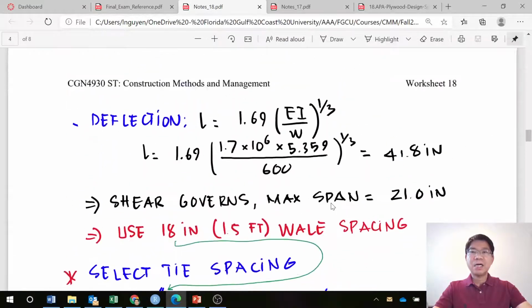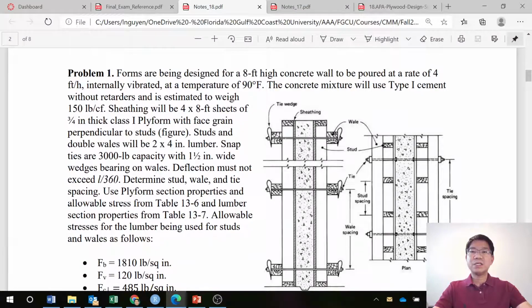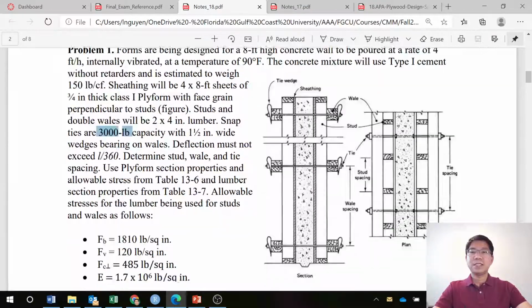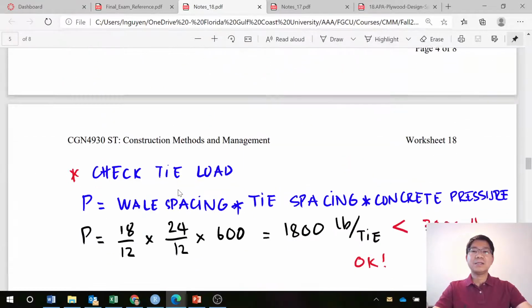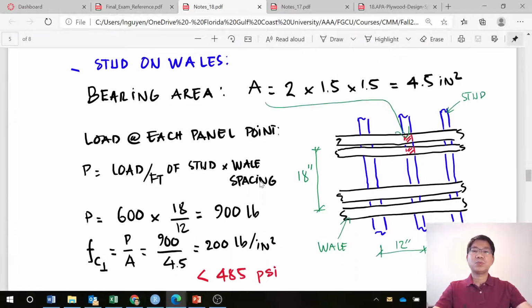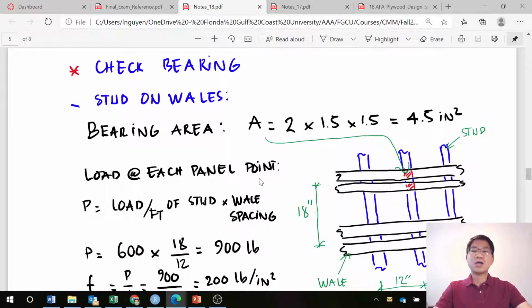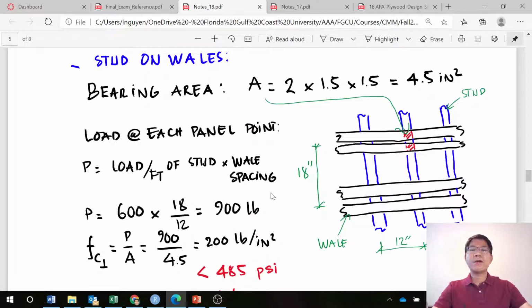The allowable load for the tie that the problem gives us is 3000 pound capacity, so the actual is less than the allowable, so that's good. Now we check for bearing. There are two scenarios that we have to check: the studs on the walls, and then the tie wedges on the walls. The studs on the walls, I demonstrated similar to problem 3 in the previous lesson, where I demonstrate with more